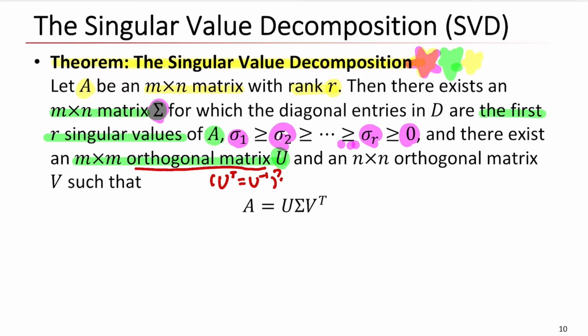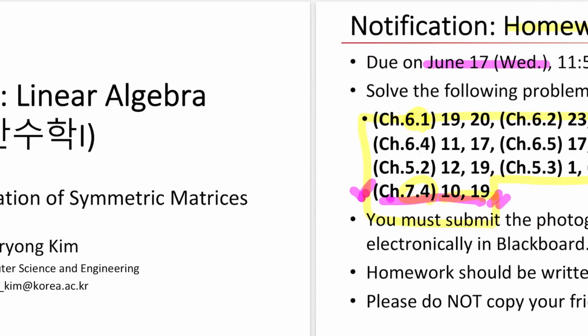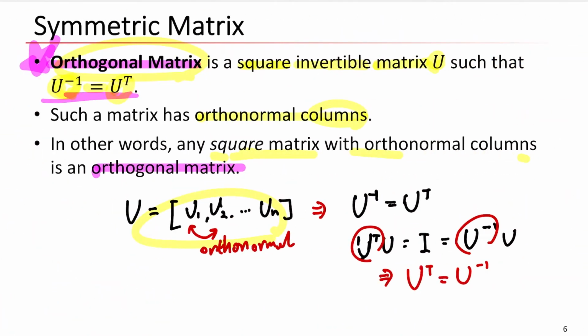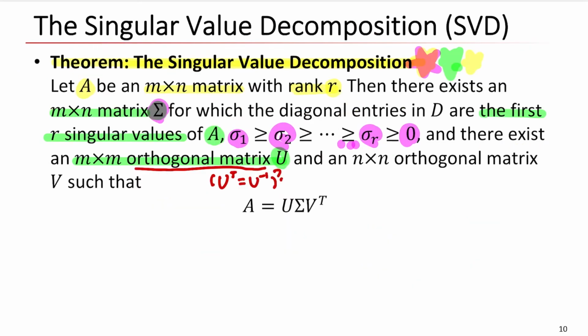Such a matrix has orthonormal columns, so vectors u1, u2, u3 are orthonormal to each other. So this is the definition. Anyway, there is an m by m orthogonal matrix U and an n by n orthogonal matrix V defined such that